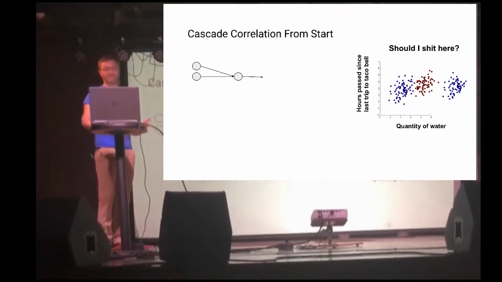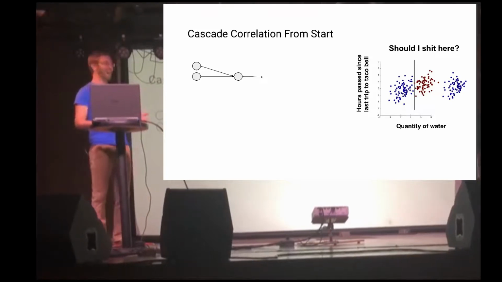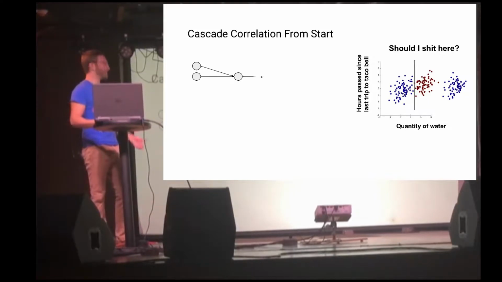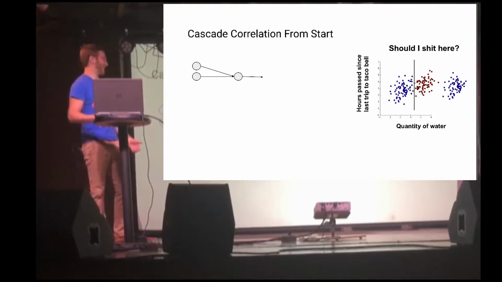So with the perceptron, you can draw your one line. So you're not going to take a shit in a cup of water at a dinner table, and you will go in a toilet. But you'll also go in the pool. So that's